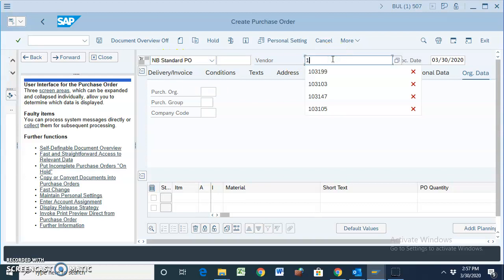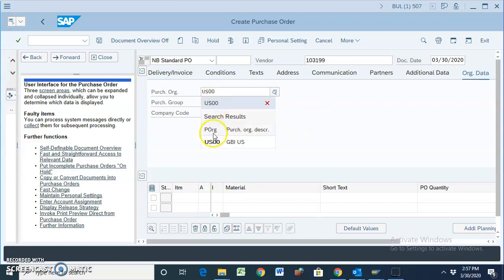Put in your vendor number. And then your purchasing organization, US00, purchasing group, N00, company, US00,